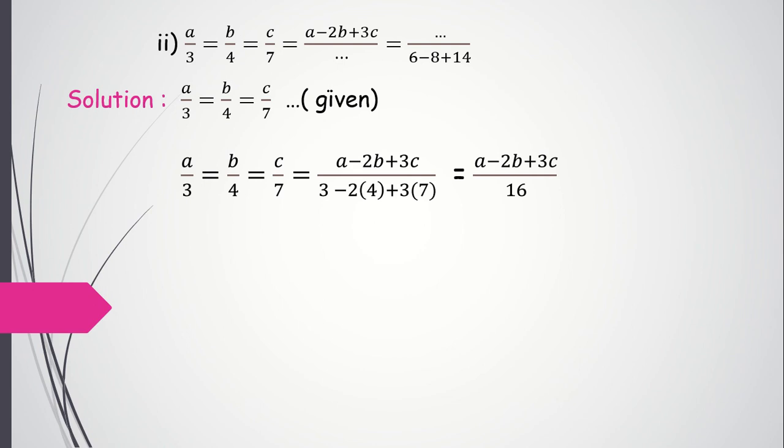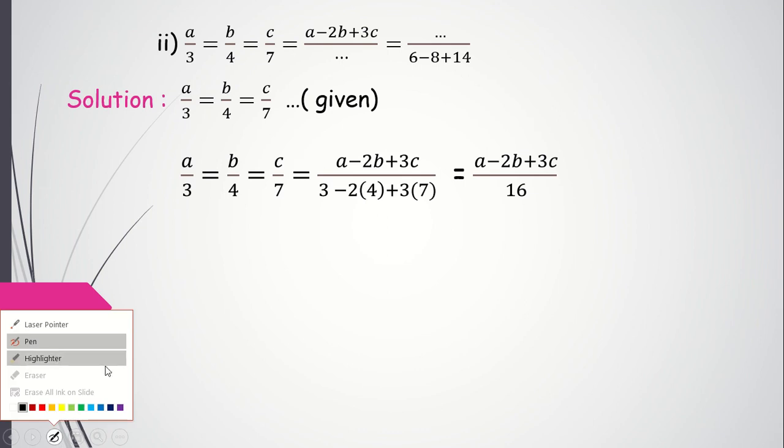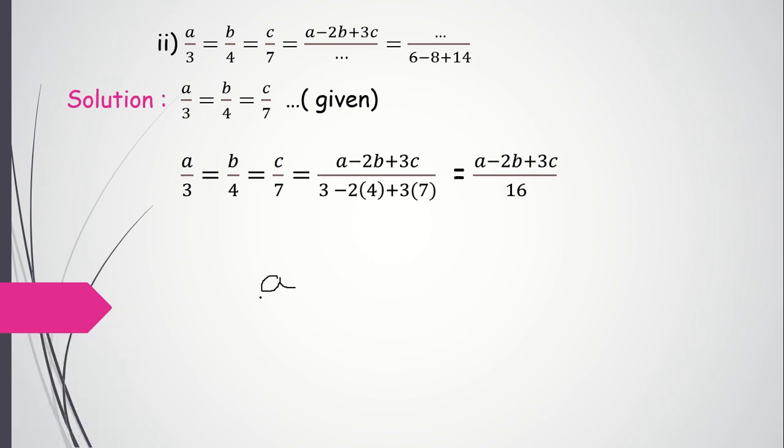Let's do the next part. Next part, check here. This is 3. Now here numerator is not given, denominator is given. So accordingly we have to multiply. 6 is there and here 3 is there. 3 2s are 6. So here this 3 is multiplied by 2. Wait, let me do it down only. This is what is given. A upon 3 is equal to B upon 4 is equal to C upon 7. Always start with what is given to us.